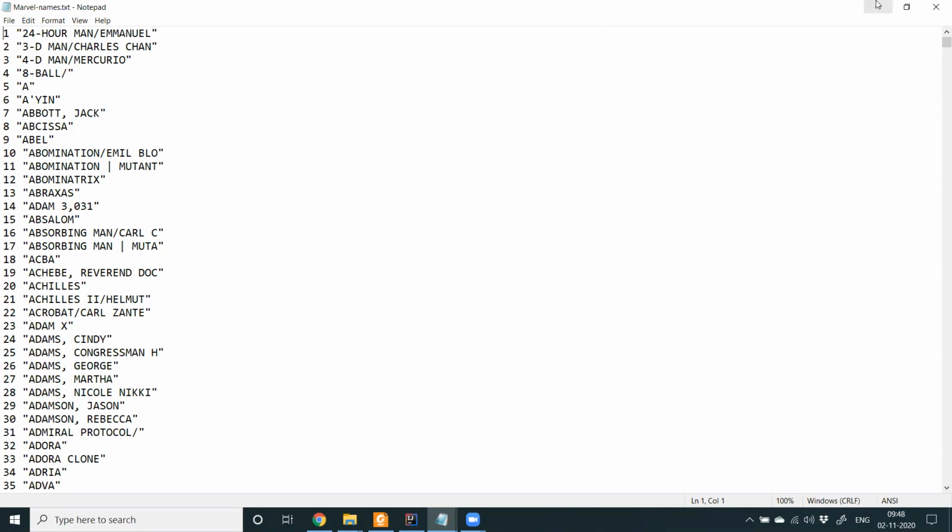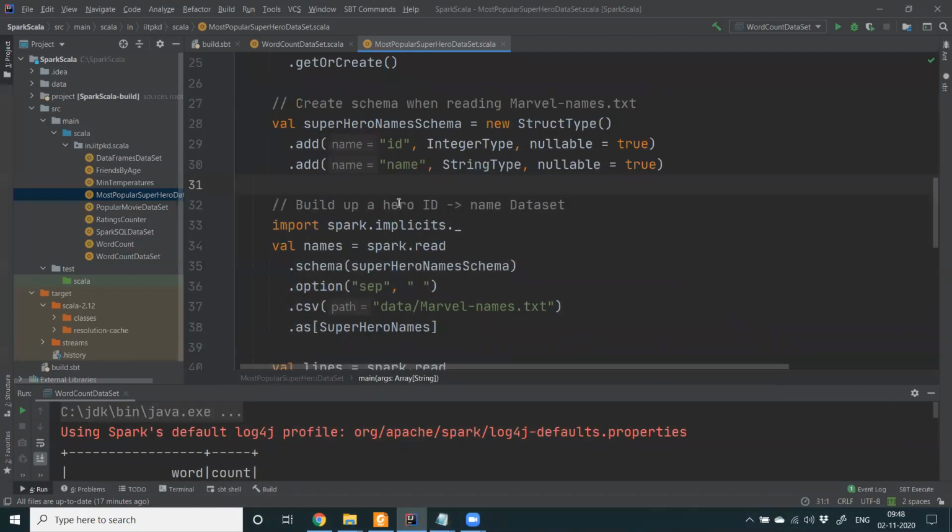Whatever we have done through data frames so far, we have had headers to infer the schema from, but here we do not have. So we are creating one StructType schema here. Inside this superhero names schema, we are adding the fields ID and name, which will be integer type and string type, nullable, so they can accept nulls.